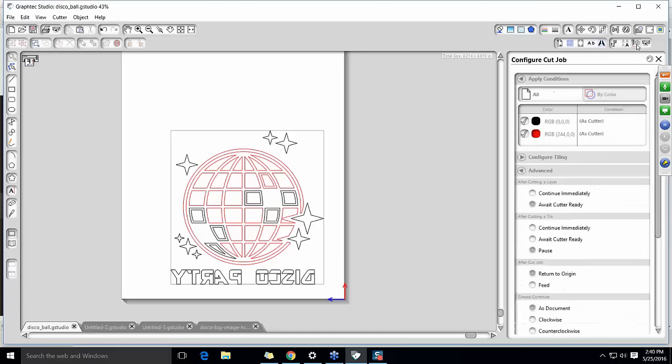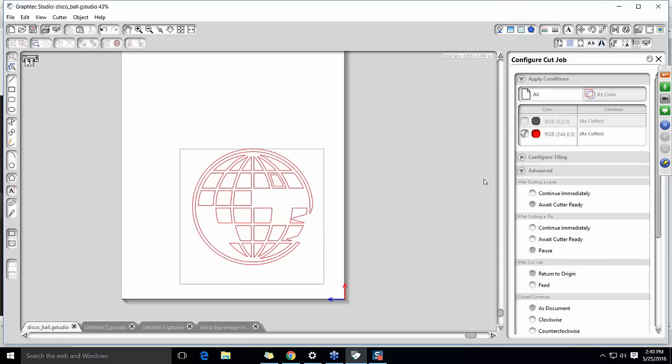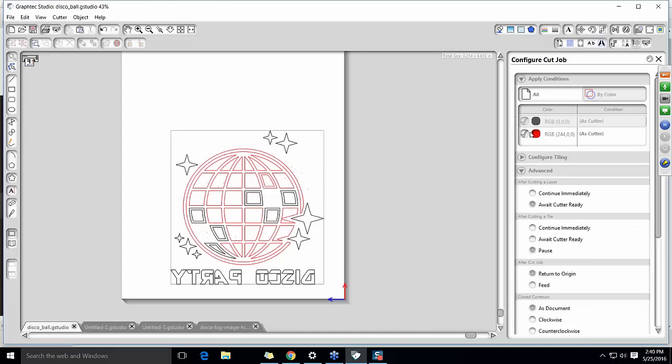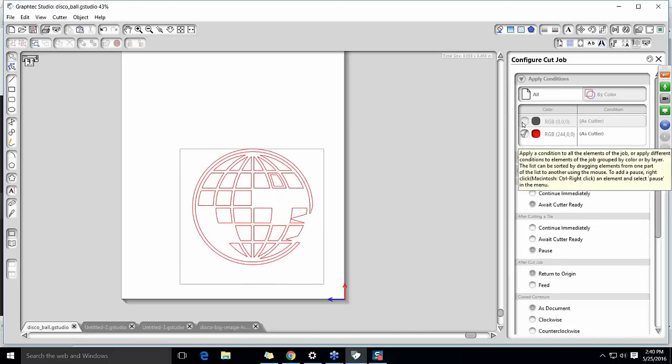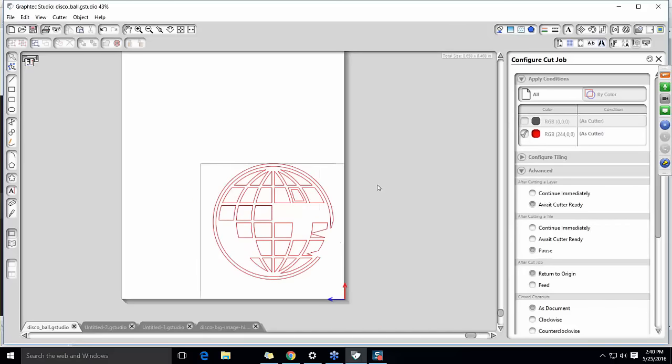Then I'm just going to cut the big disco ball portion of it. This is the silver part. The other part's going to be white. So I just turn that off. So you can see my artwork wasn't changed. All I'm doing now is that tag that I created. This is my red part. This is my black part. I could cut them all at once. It doesn't matter. I wouldn't change anything in how the machine performs. But I can just tell it, don't bother with that part. Okay? And then I can just push that down to the corner,